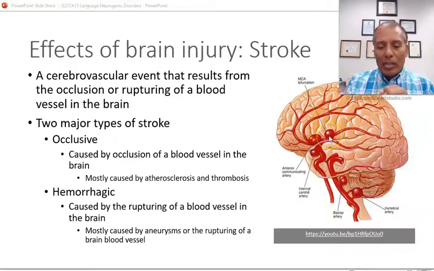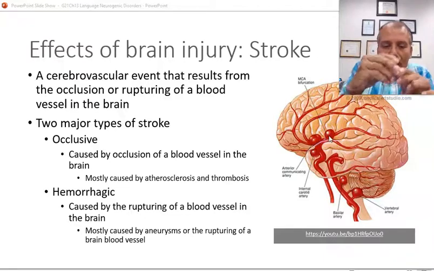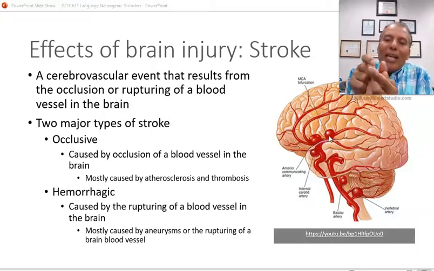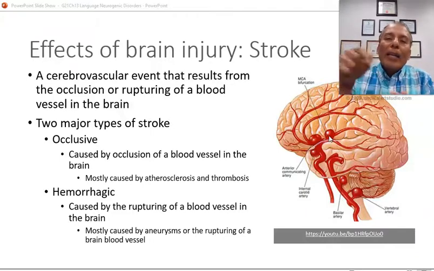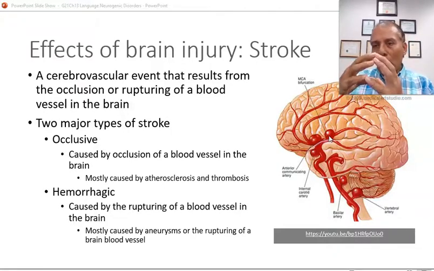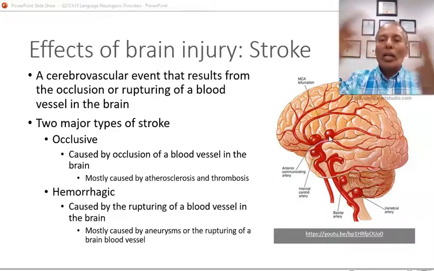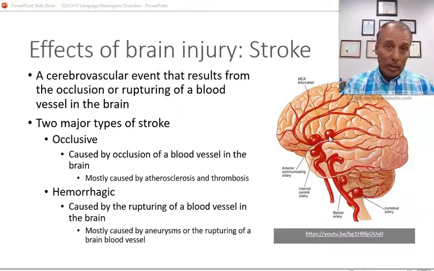So that aneurysm is a little weak area of the wall of an artery that balloons out because of the pressure, and it stays like that. And it continues to grow until it reaches a size like a balloon that you keep blowing air into until it cannot resist the pressure, and it's a matter of time before it explodes.